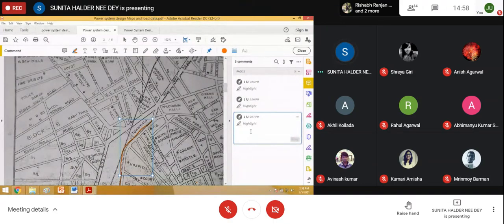Understood or not? At first take the actual printout, 1 copy, then make the reduced Xerox of that printout in A4 size, 2 to 3 copies, for each of the students. Have you understood? Yes, ma'am. Okay.